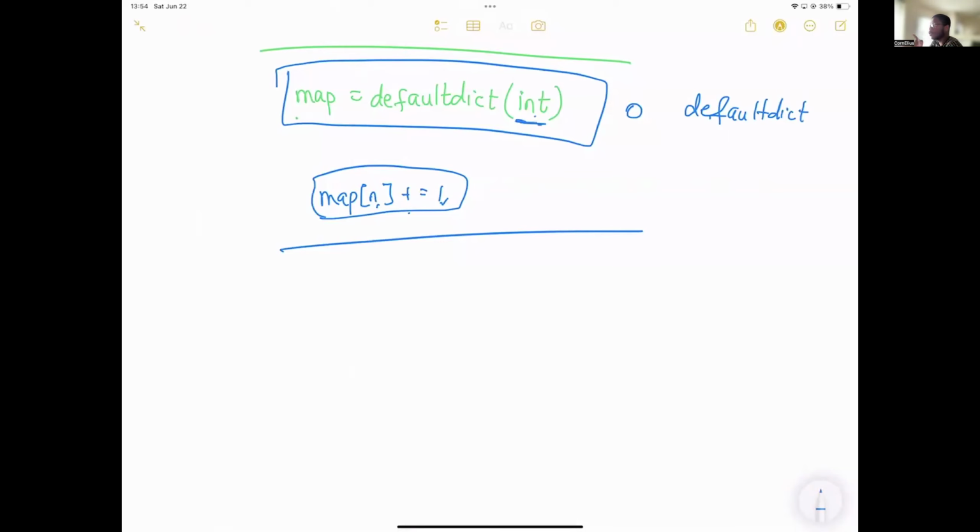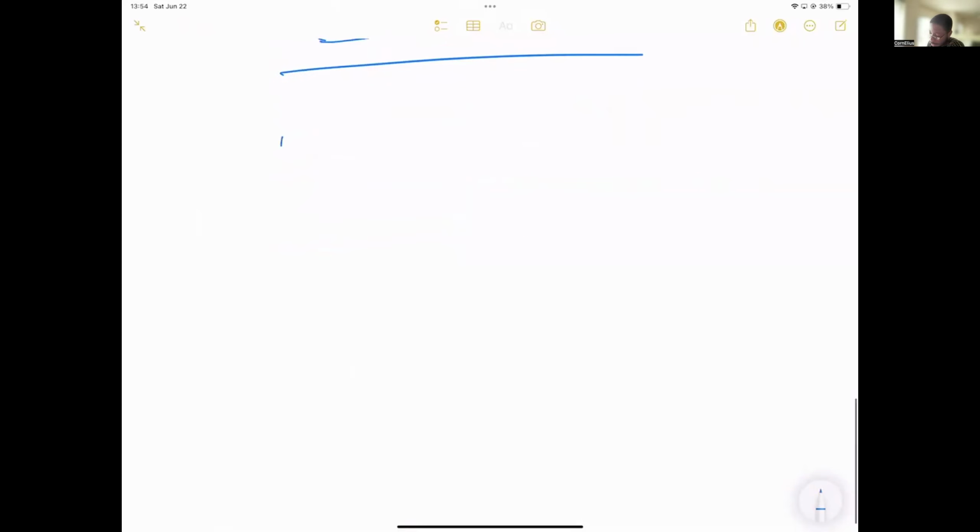And it comes in handy if you do group anagrams, right? How does group anagrams work? So we know for group anagrams, we are given a group of words. Let's use actual words. Let's say eat, tea, and let's say come. And we are like, okay, we want you to group all the anagrams.